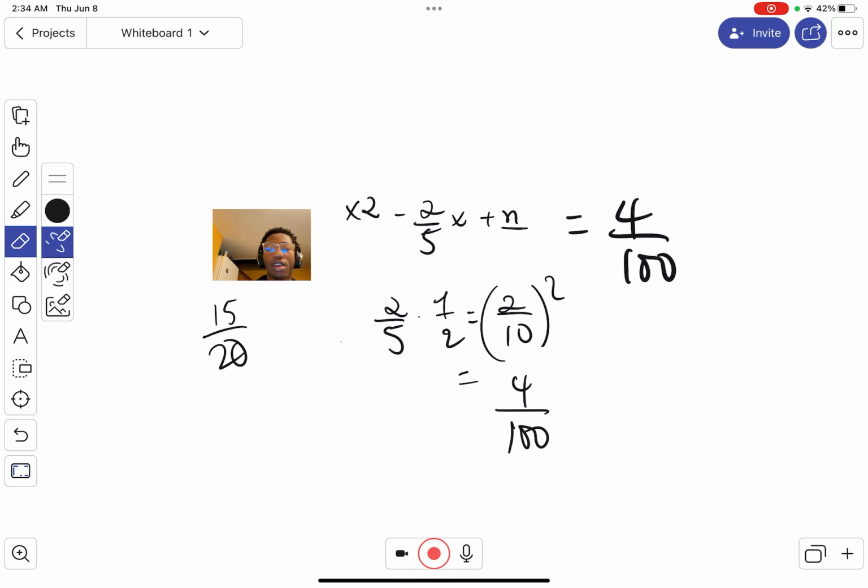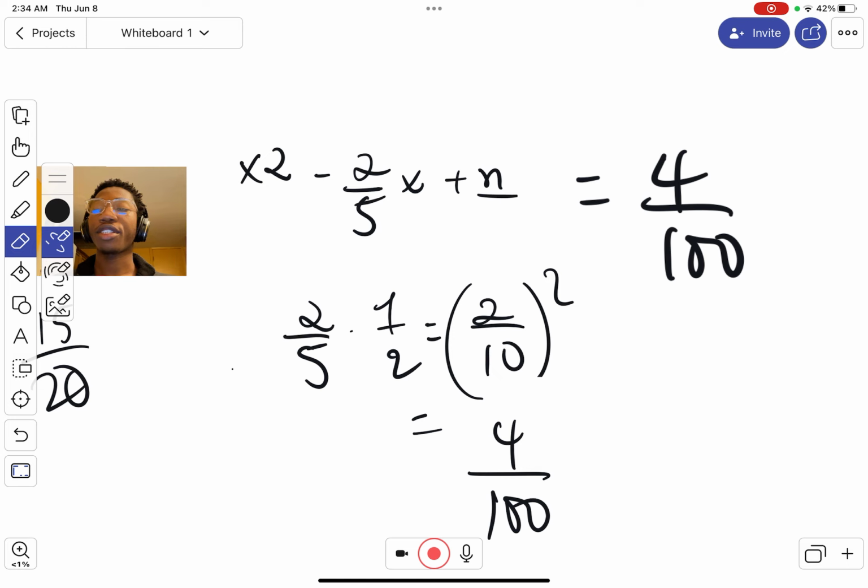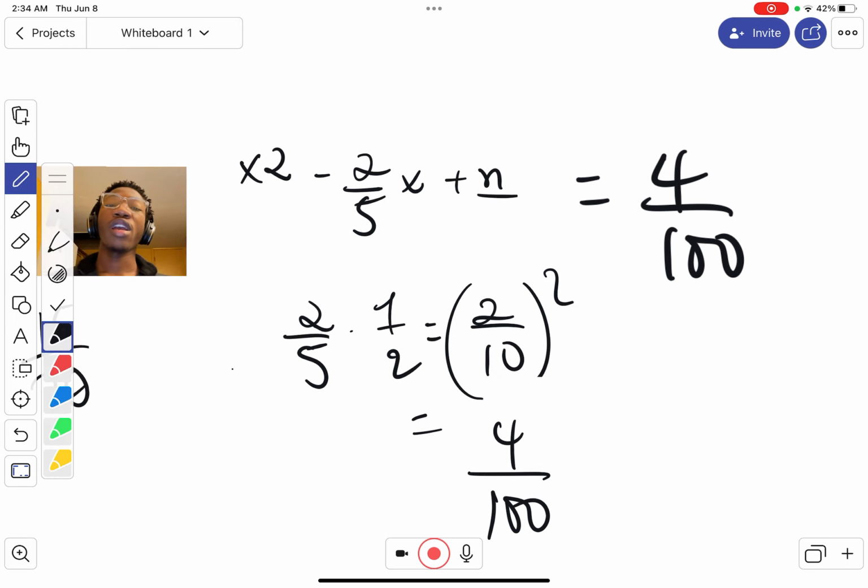I want to make you guys see one thing, a relationship when it comes to this kind of stuff. If they ask you for the last term, obviously we'll have to multiply it or divide it by 2 so that you can get the last term, which is 4/100. But the thing that I want to show you is, if they do ask you to factorize it, each time that I get the factors of the final answer, it always comes back to what I got in the first place after multiplying by 1/2,